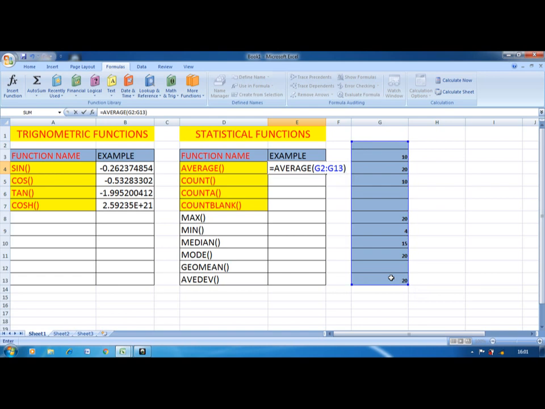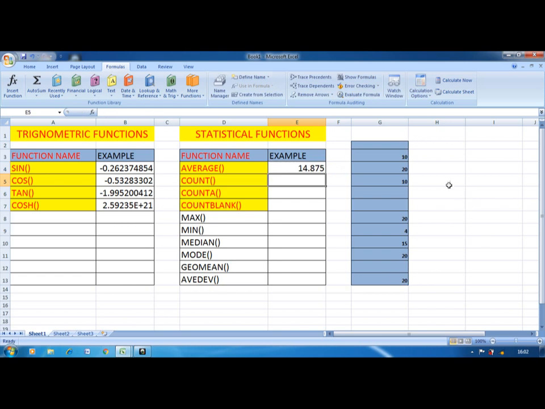It finds the average. That means it finds the sum of all the numbers. How many numbers are there? 1 2 3 4 5 6 7 8. For 8 numbers it finds the sum and divides it by 8.